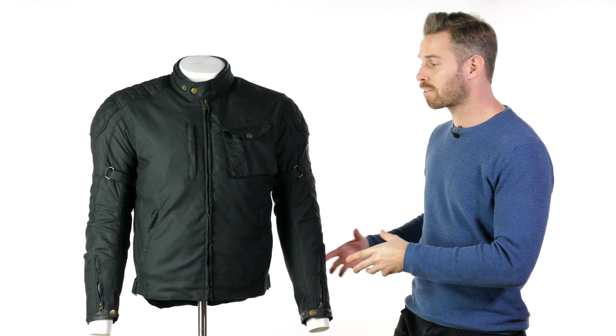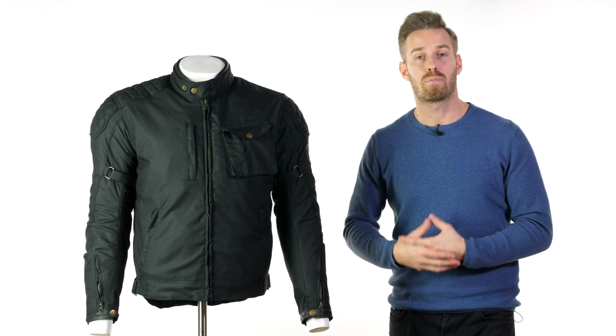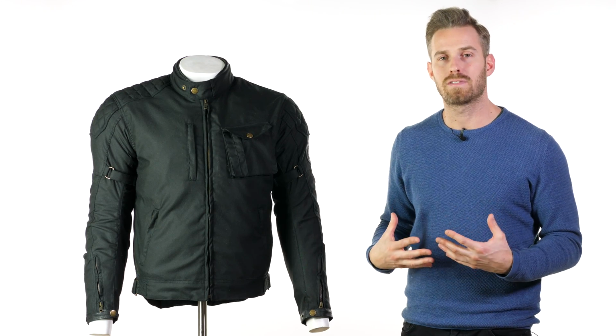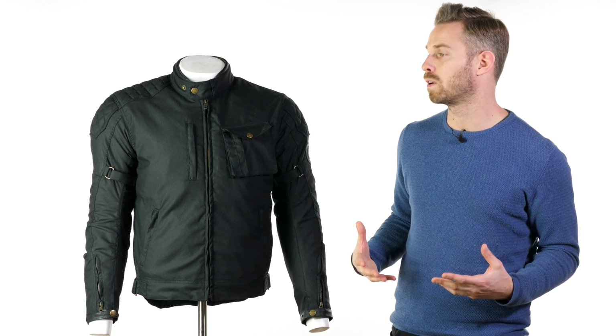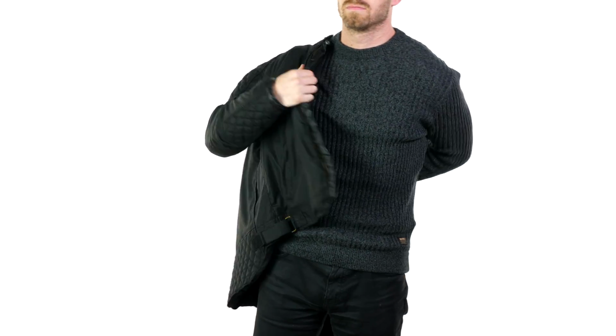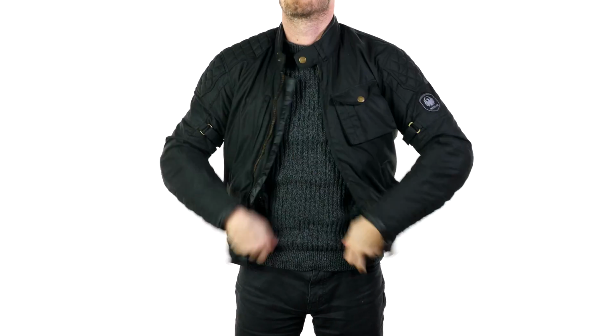In terms of the tailoring of fit and sizing, I think that both are pretty straightforward. There is quite a nice fit to this. It's not overly constrictive, so it's not too tailored. I think people will find this quite a good balance. And in terms of the actual sizing itself, it's basically consistent with what Merlin have always done, which is really make their jackets a little bit more generous in terms of the size than a lot of the other brands